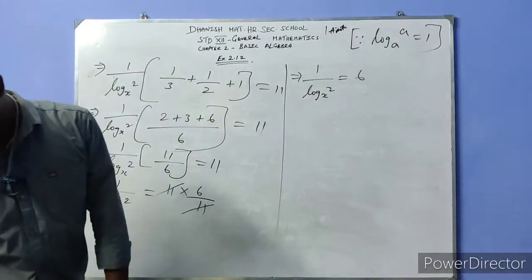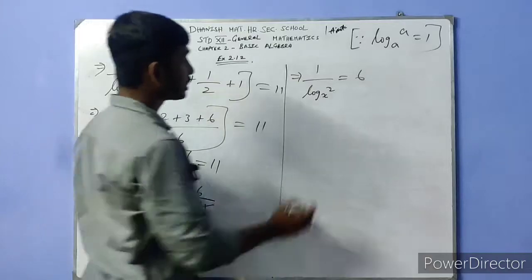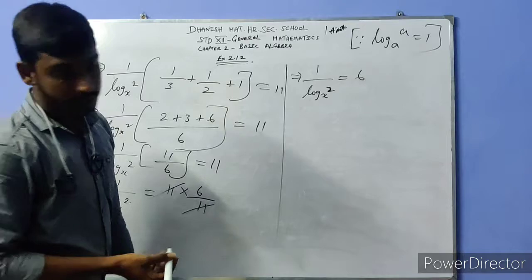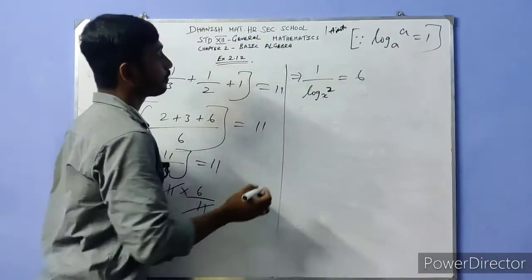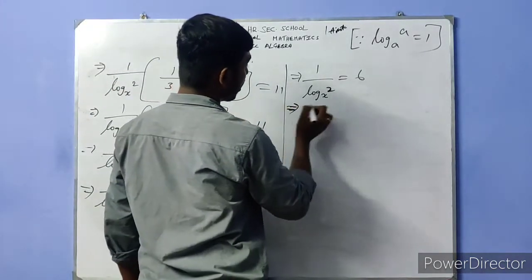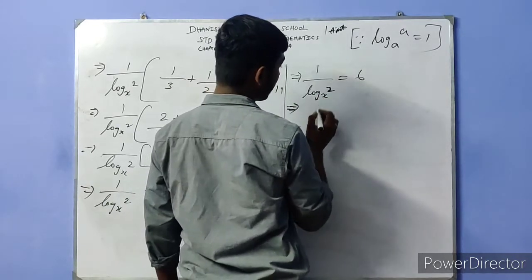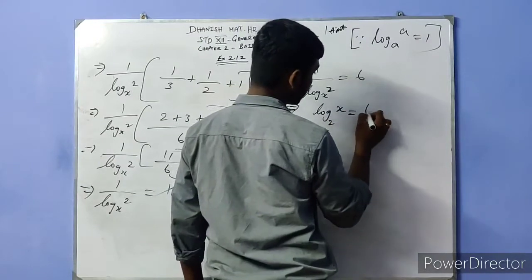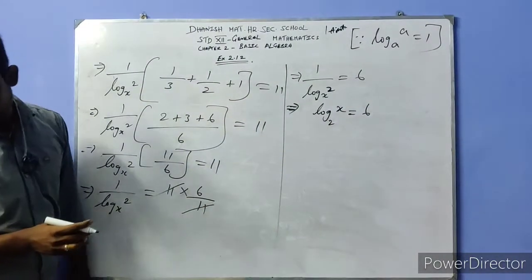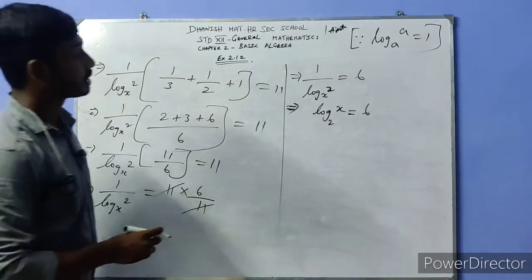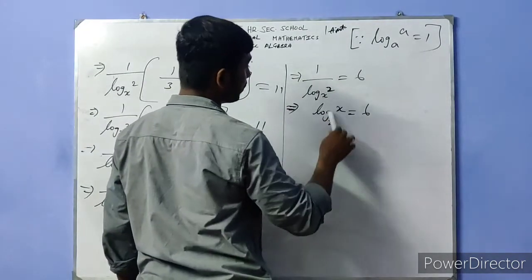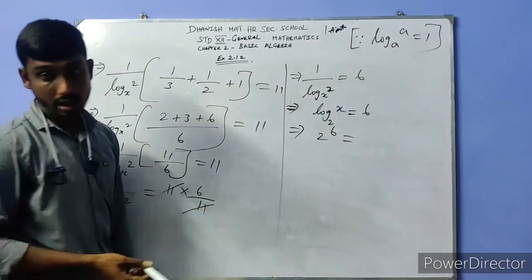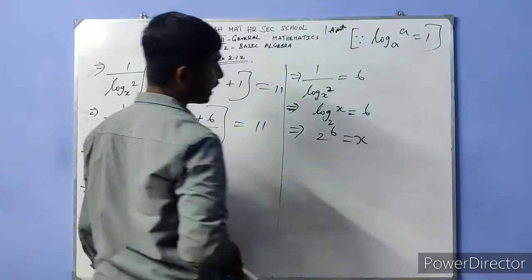So now what is the property we are going to use here? This 2 will go to that side, and now we are using the properties here. What is the property here? That is the base rule method we already did here. What is the value we get here? That is log 2 power x equal to 6. What is the value here? Log 2 power of x equal to 6 here. This log will go to that side and change into 2 power 6 equal to x. So 2 power 6 equal to x.